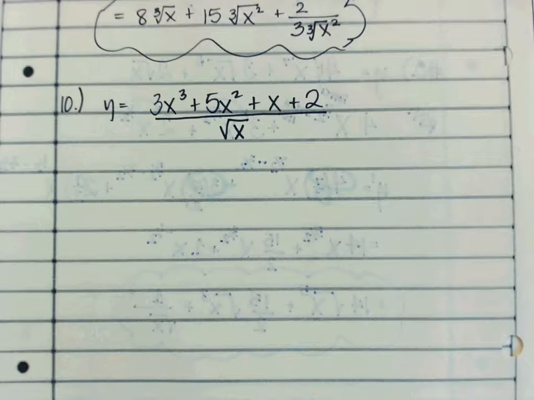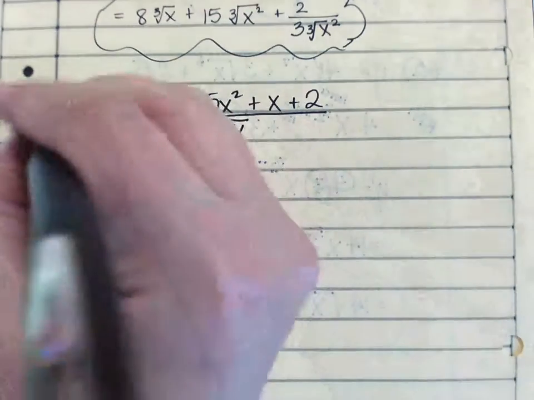Okay, now think about, we did not cover a quotient rule. So if it's written as a fraction, you're going to have to make it not a fraction anymore. You're going to use the same strategy we used when it was a 2x on the bottom. You're going to have to split it up where everybody gets their own square root x on the bottom, and then you'll simplify each term one at a time. So, for example, I'll rewrite